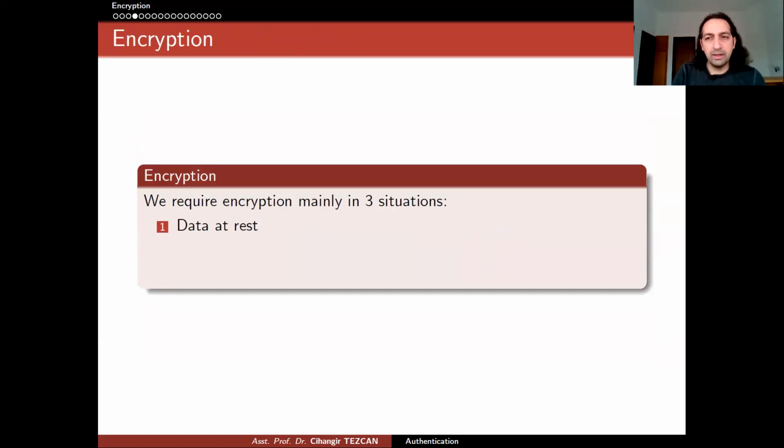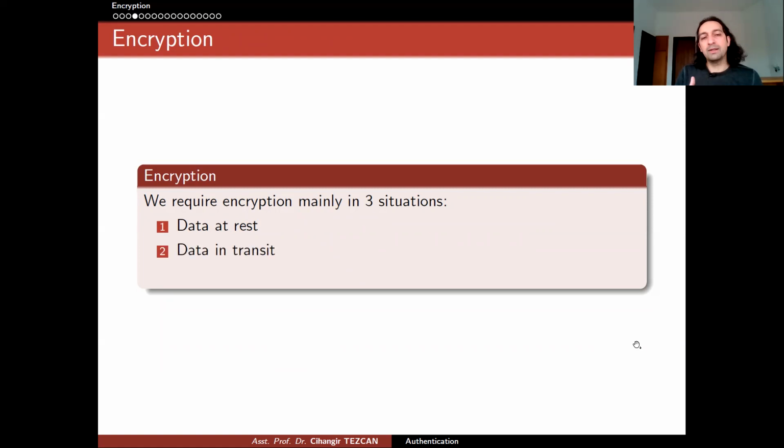So let me go back to the encryption problem. People look at the encryption algorithms, but we also need to think about in which situations we need encryption. We require encryption mainly in three situations. The first one is data at rest. For instance, think about the files on your hard drive. The data is already there, which is why we call it data at rest, and you can use an encryption algorithm there. But here we have extra information, because since the data is there, we know the data size. We know all of your file sizes and so on, so you can use different kinds of algorithms there.